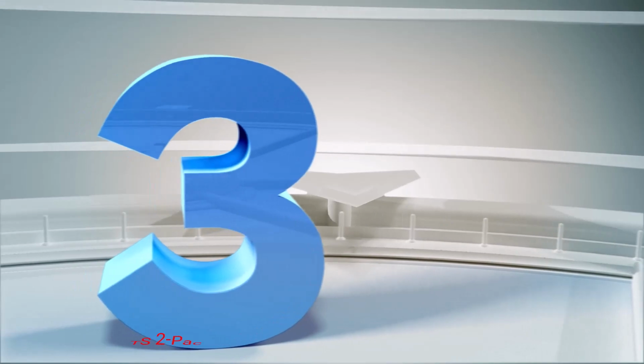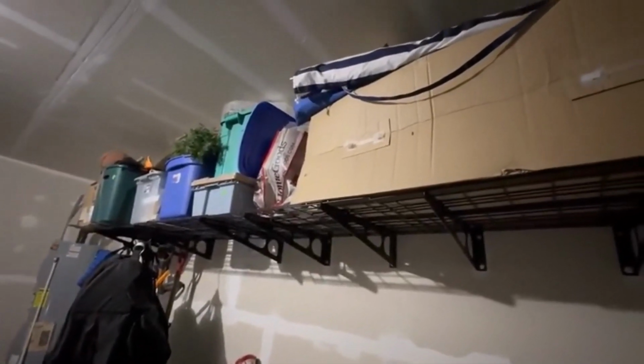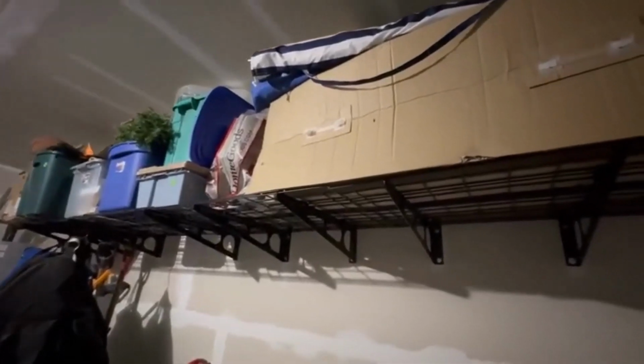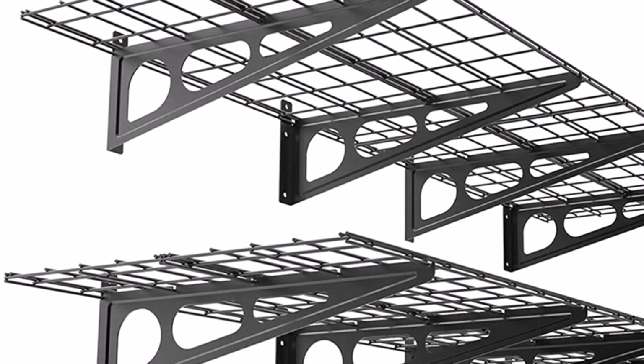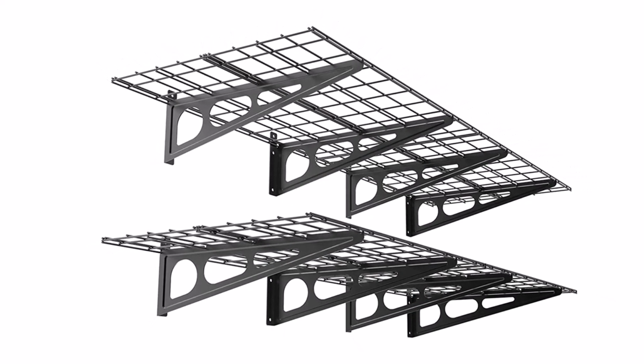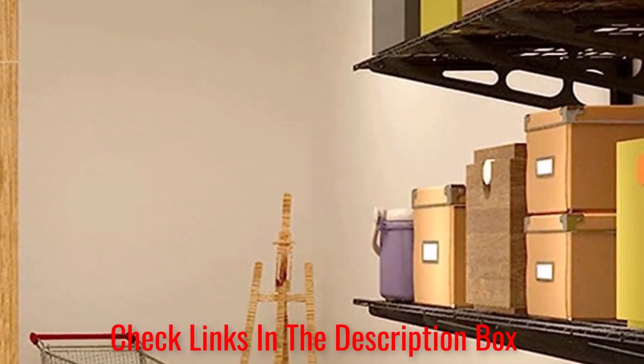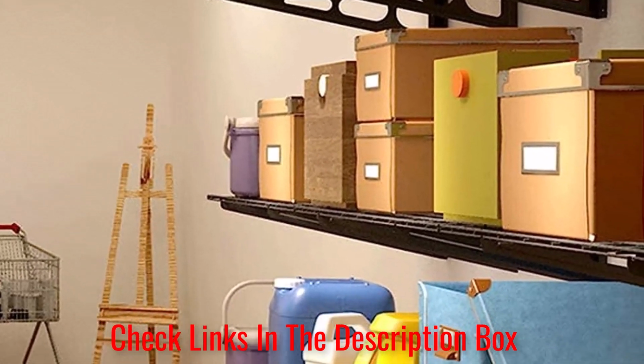Number 3. FlexiMounts 2-pack Wall Shelf. The FlexiMounts 2-foot by 6-foot wall shelves are a terrific choice for garages, offices, and even dorm rooms. They embody durability and sturdy workmanship. The heavy-duty wall-mounted garage shelving is made of heavy-gauge steel and comes with 7mm screws for extra secure mounting. In addition to the buckle design and Velcro fastening, a bubble level helps keep the shelves straight during installation. Once mounted on a garage wall, it can load up to 200 pounds on each shelf with even distribution